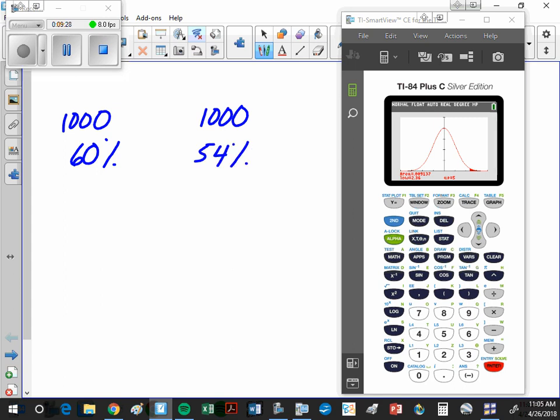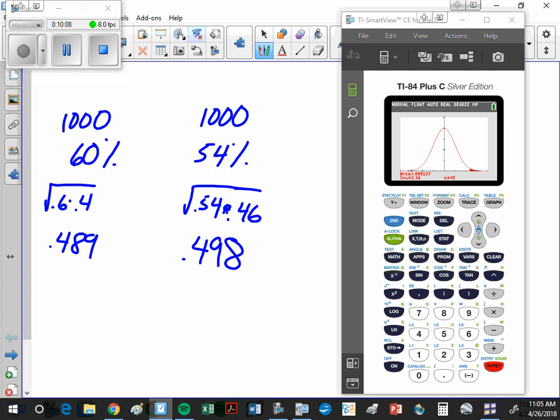Are these independent? Does an answer in 2000 affect an answer in 2005? No. They might be the same people, but probably not. So we need to find the SD. The square root of 0.6 times 0.4, and the square root of 0.54 times 0.46. Does somebody have those written down? What are they? The SDs. 0.489 and